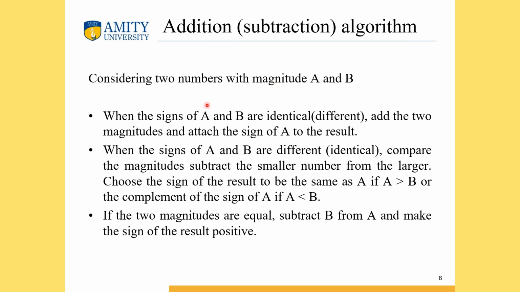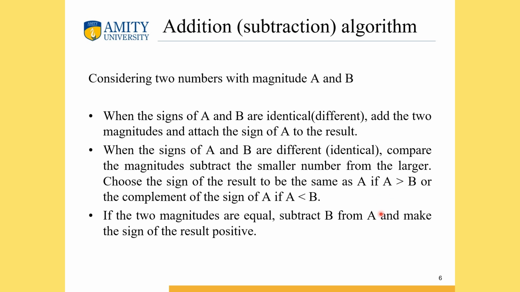Here we have the algorithm where the signs of A and B, if they are identical, we are doing addition, and if they are different, then for addition we consider the words outside the brackets, and for subtraction the algorithm is in the brackets. So when the signs of A and B are the same, we add the 2 magnitudes and put the sign of A in the result. When the signs of A and B are different, we compare the magnitudes and subtract the smaller one from the bigger one, and finally we choose the sign of the result to be the same as A if A is big,